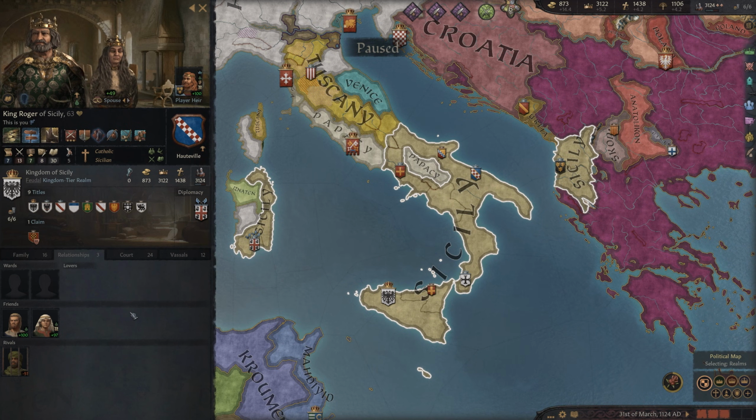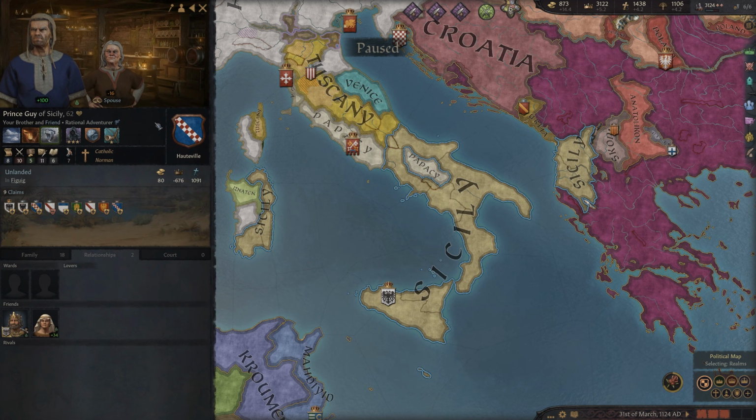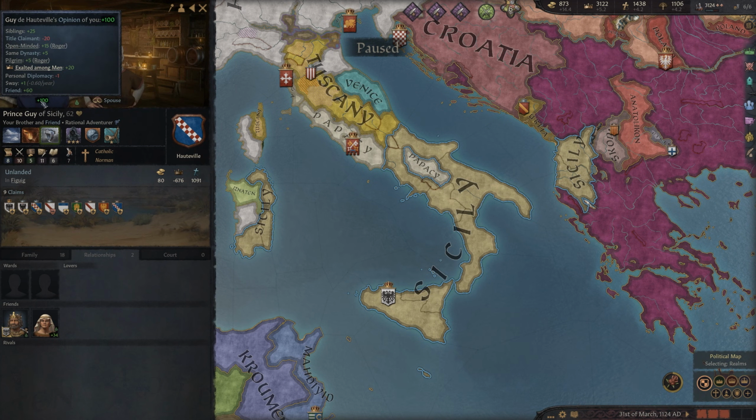Now, you've got some options here with your friends. You can befriend them. They can come about through random events. They can come about through wars, which can create rivals, all sorts of ways that you get rivals and friends. So to take a look here, we've got Prince Guy, my brother, and he is my friend. As my friend, he gives me 60 relation bonus, or 60 opinion. In addition to that, when he dies, that's going to give me some stress. It's like, oh no, my friend's dead. Plus 10 stress.